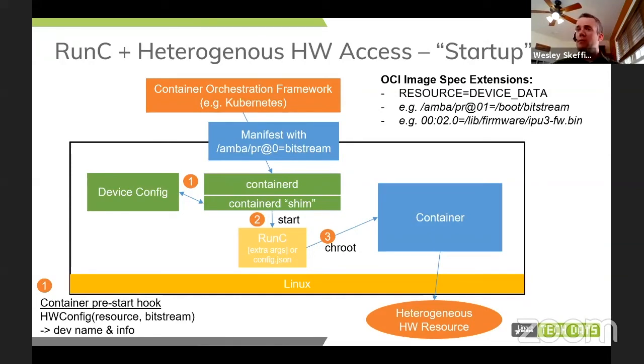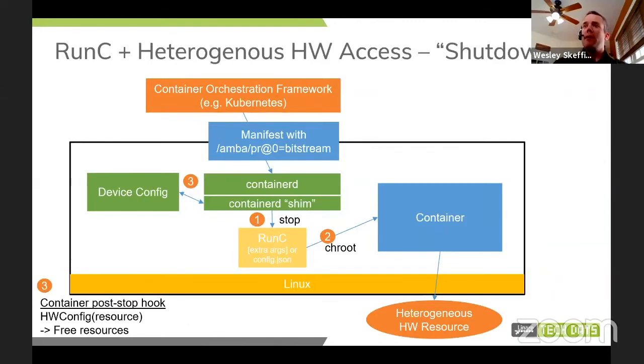In terms of how we go do that, we've looked at, in our existing prototypes, just passing those as extra arguments when we call runC, but a more scalable solution might be in terms of the dynamic definition of the config.json file associated with that container. So again, it's not about replacing Kubernetes or runC or containerd in itself. It's about being able to use those mechanisms as an orchestration framework for tying into these heterogeneous platforms.